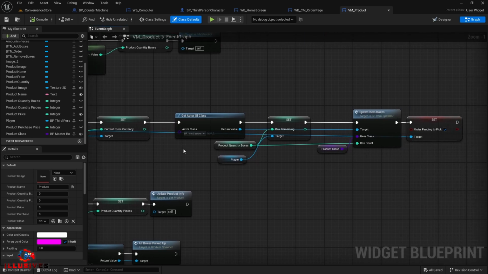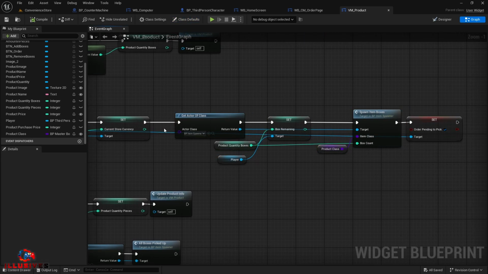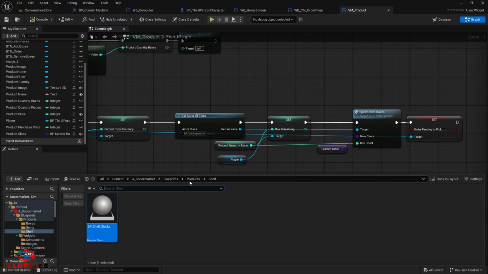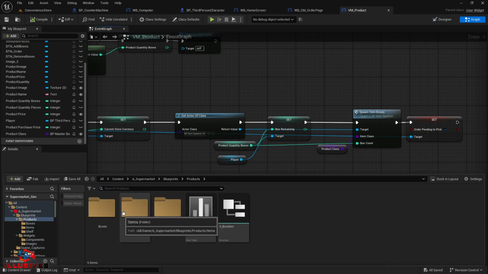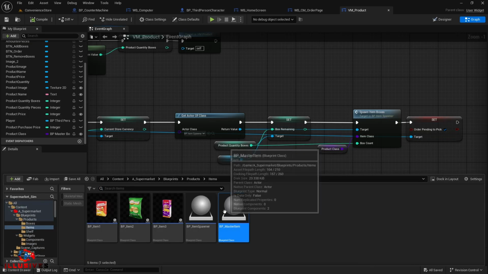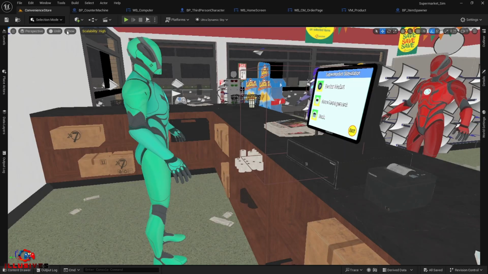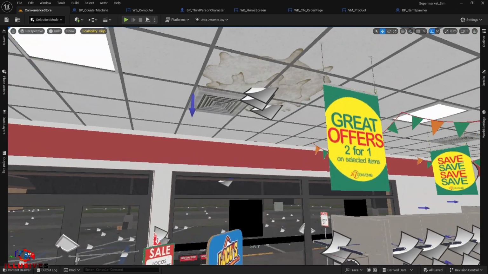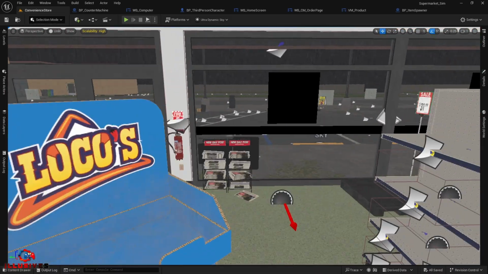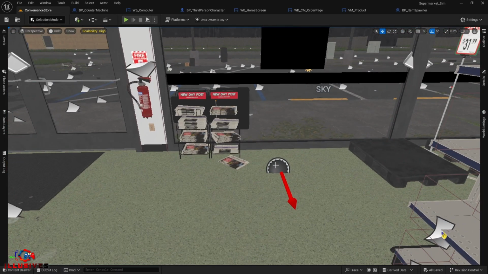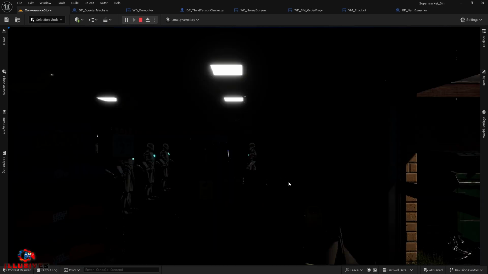After that, what it will do, this part. Here we need an item spawner, right? Without spawning items, we need an item spawner, so that in the game, when we order, the item can be spawned somewhere. So here you can see the item spawner. I have shown you that when we ordered, we can see our boxes inside our store in this place. So if I show you again,